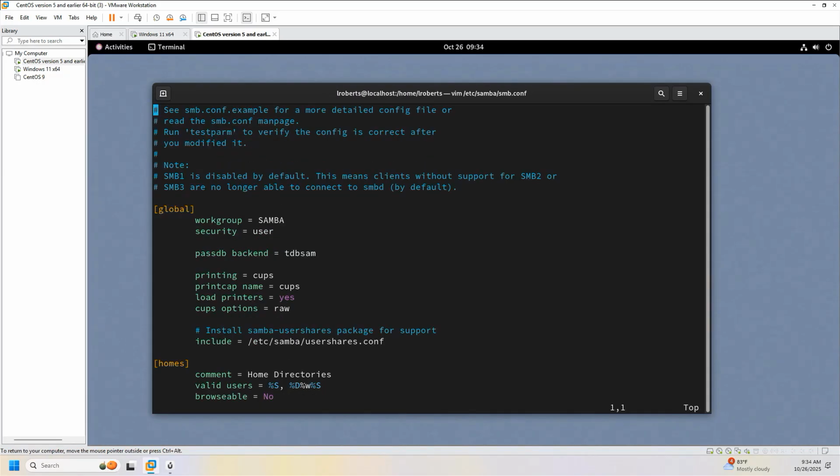Okay, so let's get into making some of these changes. We're going to hit insert on the keyboard first so we could actually type in the config file. And then let's start off with the workgroup. So let's change this here to the same as the Windows. So we're going to type